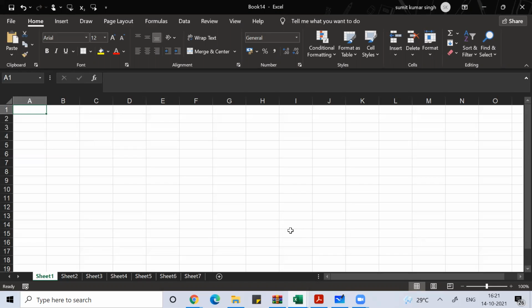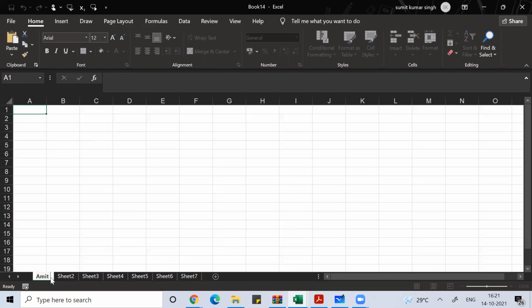So you can continuously work on Excel. These sheets that are opened, you can rename. You can rename this sheet like Amit Singh. It always looks good if you have sheets renamed. You can rename them to marketing, business, finance, human resource, then physics.